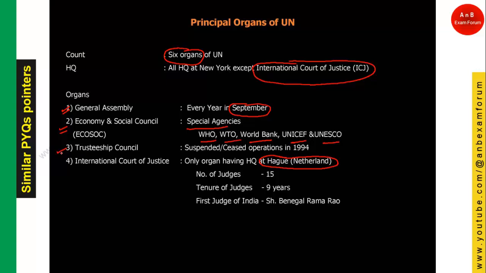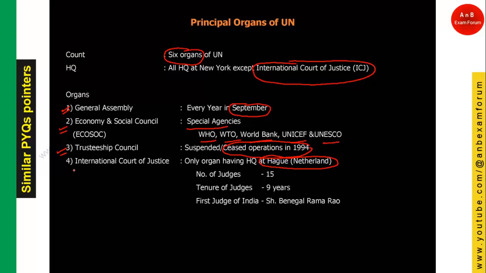Coming to the next, the Trusteeship Council. Basically it is for the territories which are under the control of the United Nations, but since all were freed after the Palau territory matter, this organ ceased its operation in 1994. So if they ask about the working organs currently in operation, the answer would be 5, but overall, there are 6 principal organs of the United Nations.